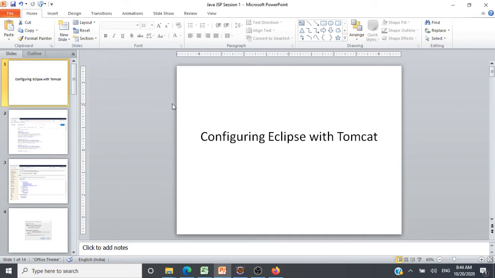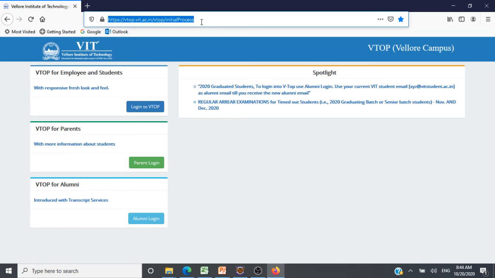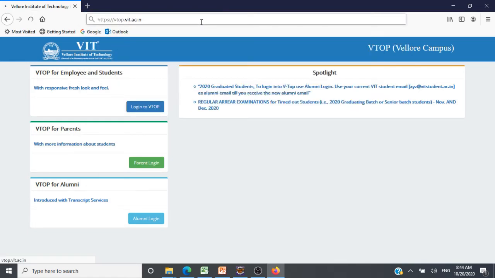Whereas when you talk about web applications, what is a web application? It runs on a different machine altogether and we access these services by logging into that machine. So for this, the example is our VTOP University Management System. So where is this VTOP? Say when I type